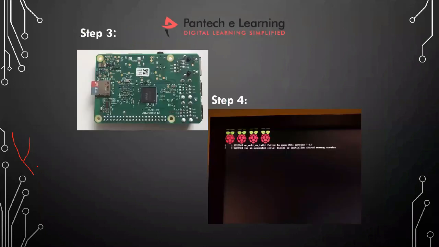After writing the OS to your memory card, you can put it into the memory card slot, which is present behind the Raspberry Pi board. Then you can connect the power supply, like your mobile charger. Mobile charger in the sense of micro USB. Those who have micro USB can directly connect it. Those using the Pi 4 can use a C-type cable. The C-type cable is the power supply cable, and after connecting and providing power to the Raspberry Pi, you will be able to